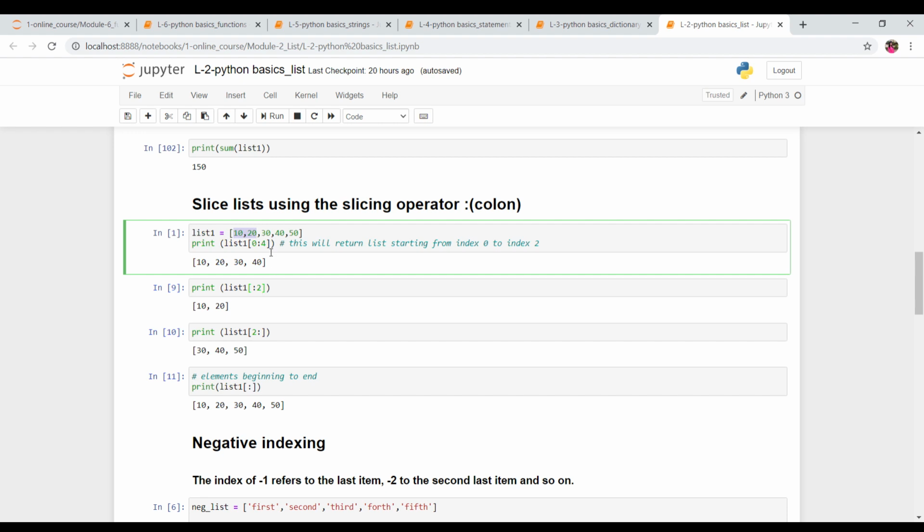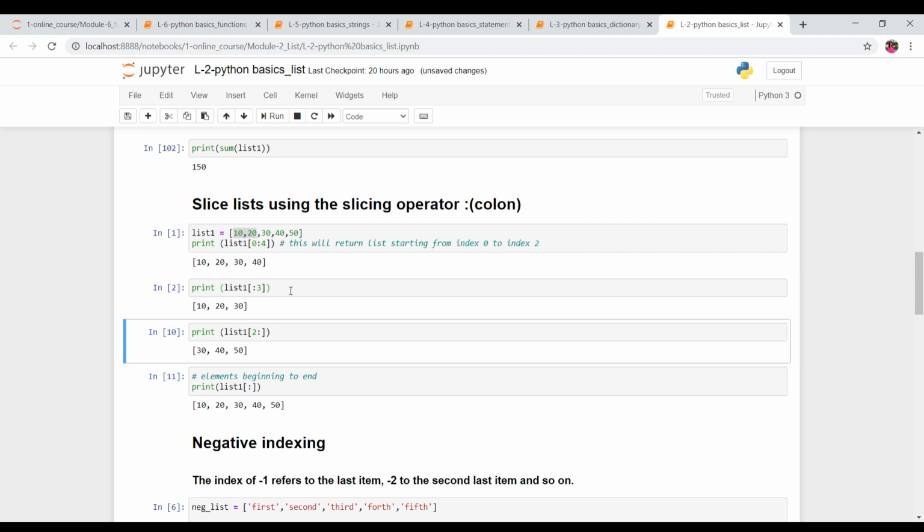Colon 2 means, as I have just told you, that 2 will not get included in it. Colon 2 means we want the 0 and first index. And if I write colon 3, that means we want the values at the 0, first and second index. The third will not get included. Let me show you how.